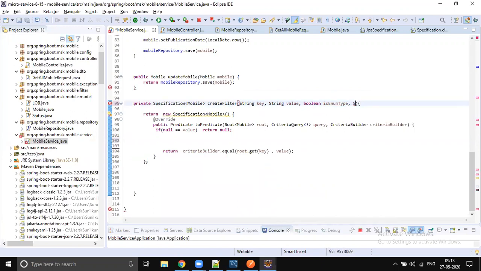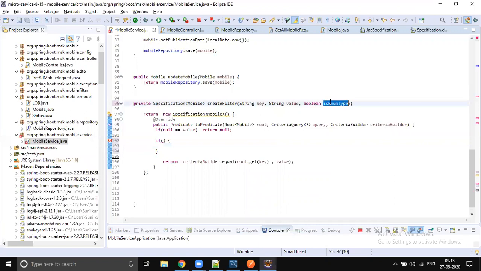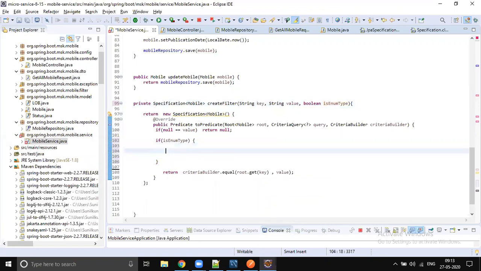Okay, fine. If it is enum type, so the value is type status. So status equals to, convert this string into status, right?